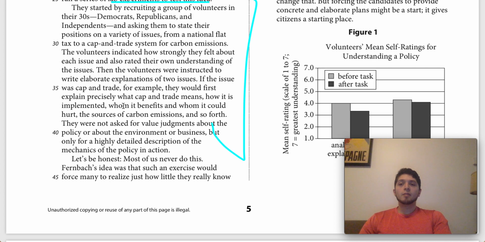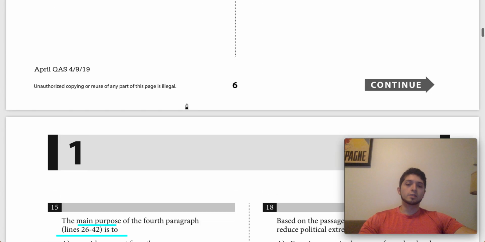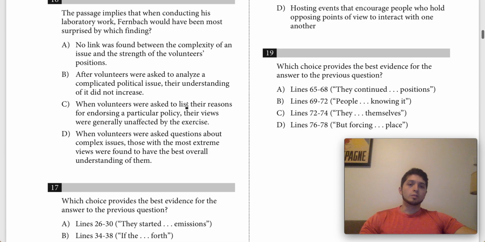And this is very common when we're talking about science passages from the SAT, where you'll get a whole paragraph sort of about the methodology of the experiment. So we start by giving maybe a general idea of a topic, then we start by introducing the scientists and their hypothesis and research questions, then we're introduced to the design of the study before we get to the conclusion. And this whole paragraph here, the way it's grouped together, is really just all about the design and the methodology of the experiment. So if we go down to the answer choices, we want to find one that's going to